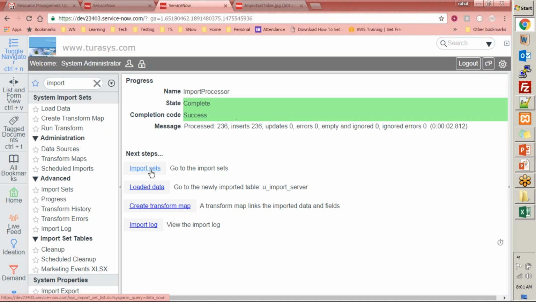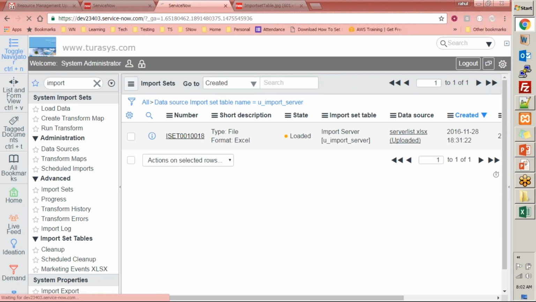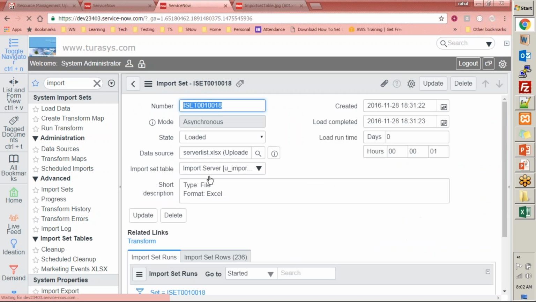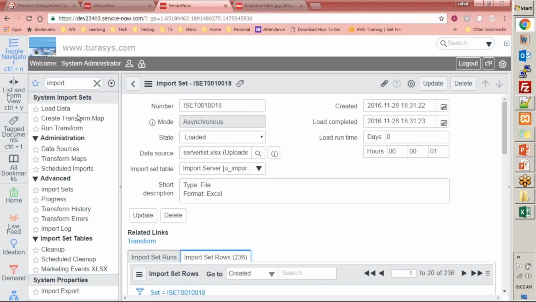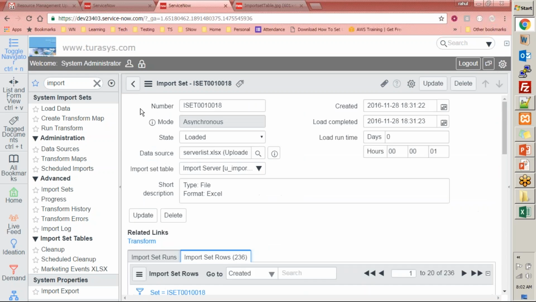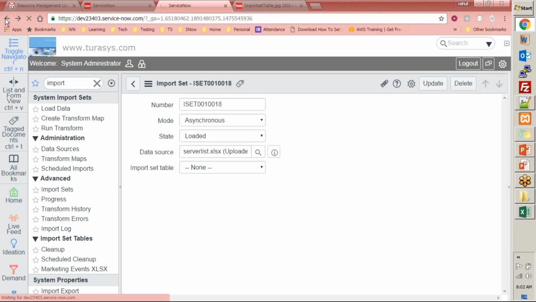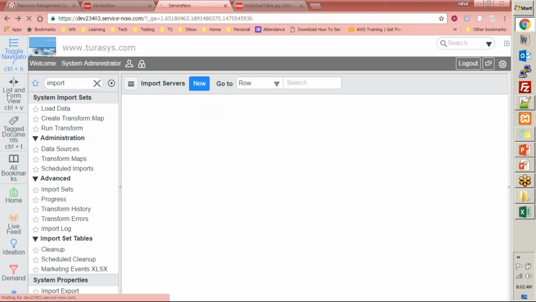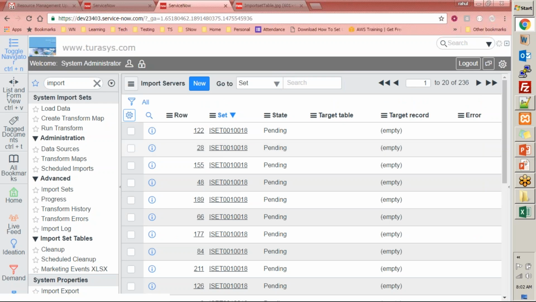If you want to see this data, go to import sets. This is the set that was loaded, and you have to go into the import set rows. Here are the rows created already. You are not seeing this. Actually, I should have clicked on the loaded data. This one. When I click on loaded data, it will actually take me to the loaded columns here, and